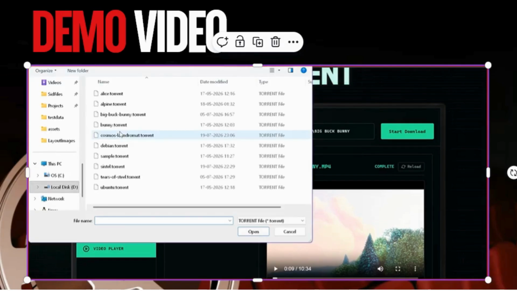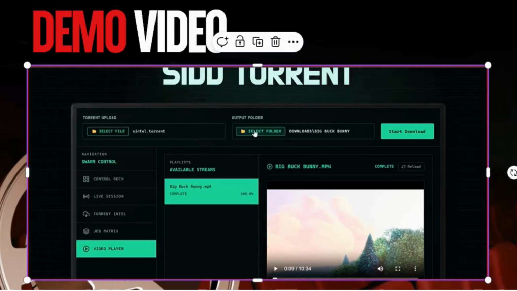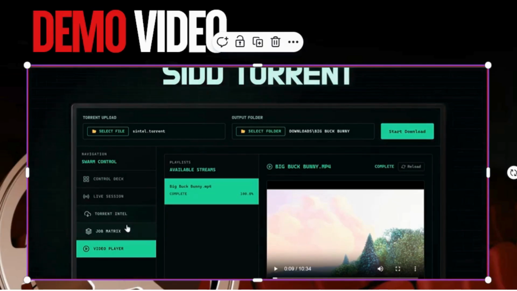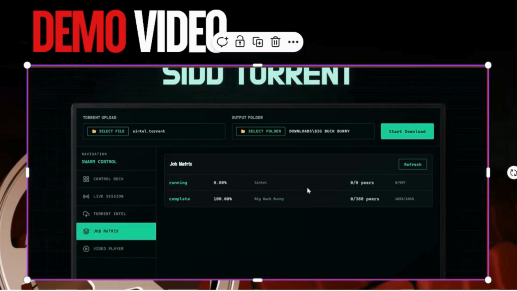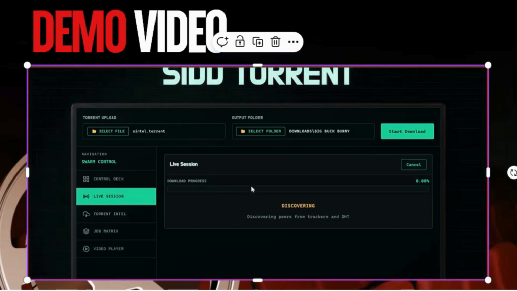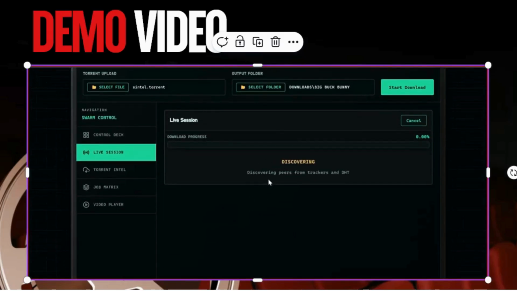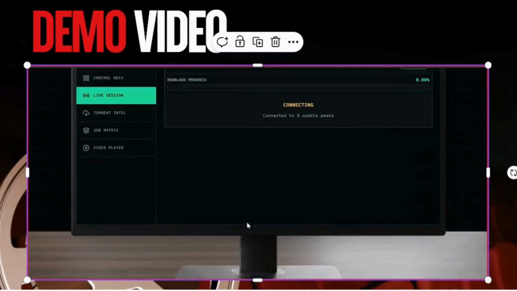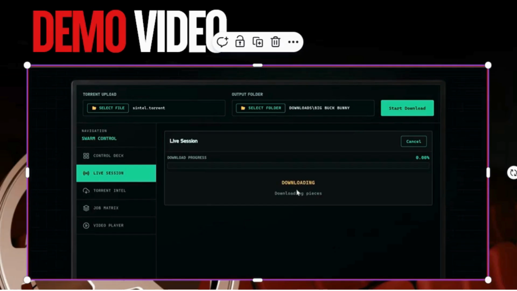So let's select another file, for example, let's say Sintel, right? And let's say start download. Now in my job matrix, we have got Sintel as well, and in the live session it's discovering and then it's going to download it. So let's look at the live session in some more detail here. As you can see, it's connected to a few usable peers, and now it's going to download the